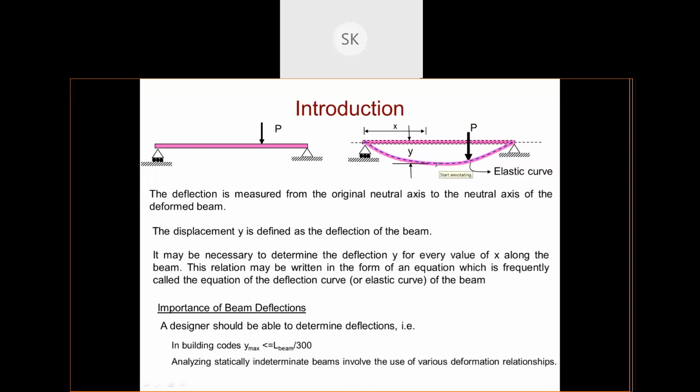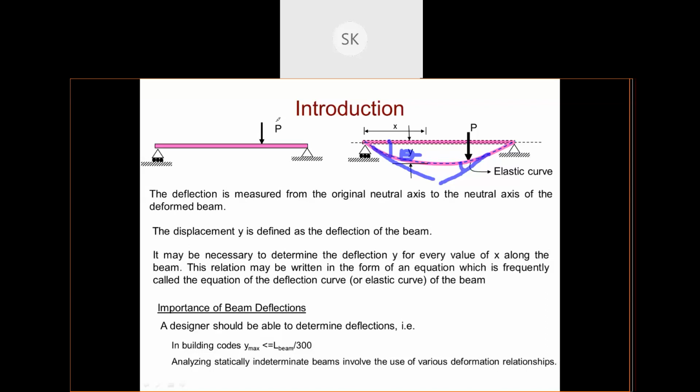And slope is the angle in radians measured between the tangent to the elastic curve and the original axis of the beam. So if I draw a tangent at this point on the elastic curve, it is the angle between the tangent drawn to the elastic curve and the original axis of the beam. So this will be your theta. If I draw a tangent here,